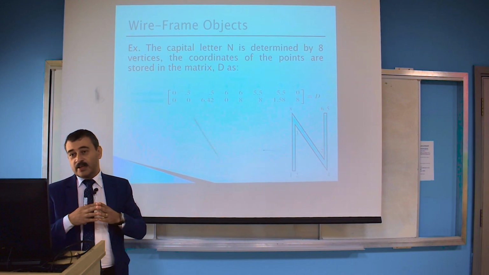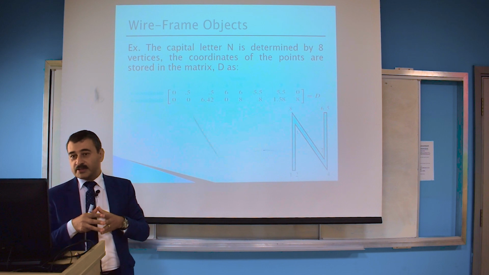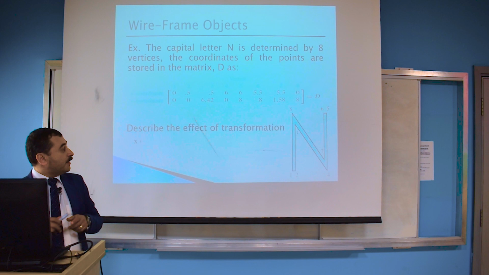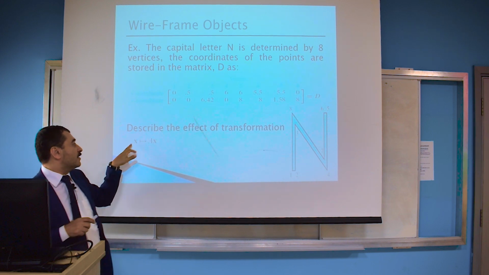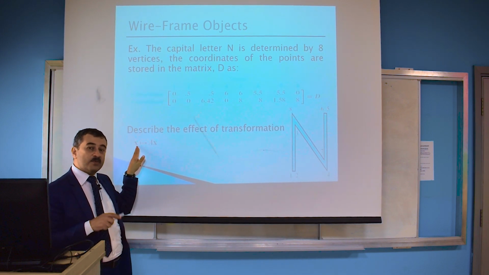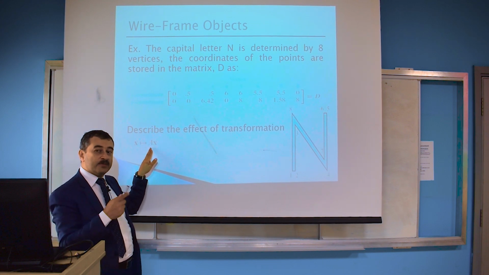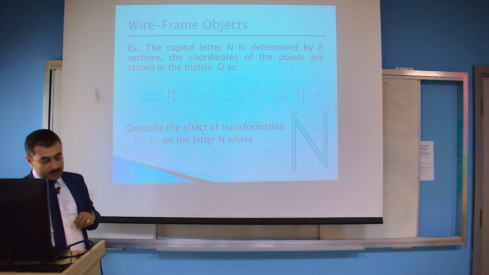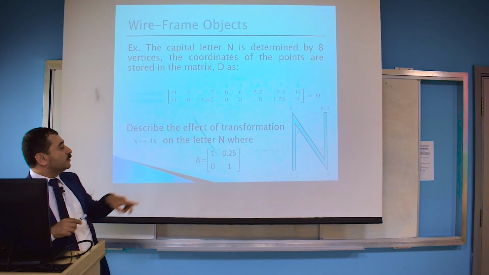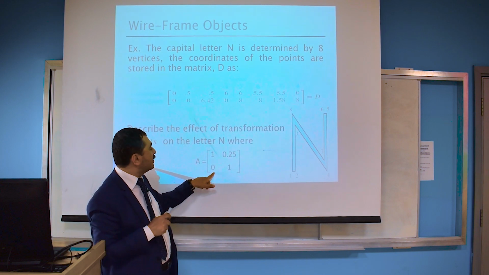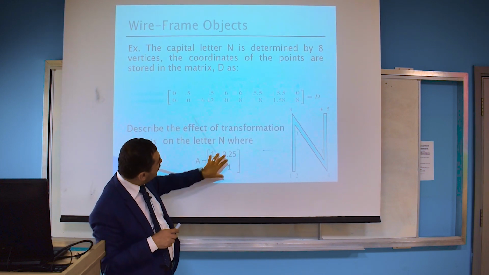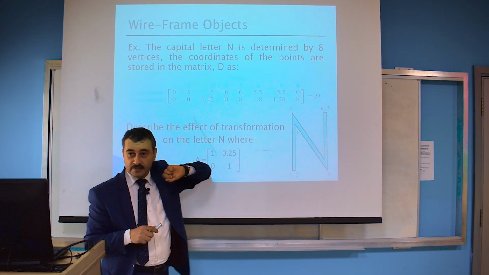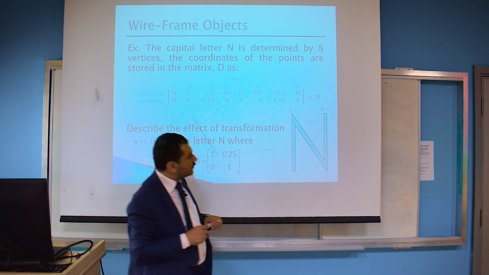We're going to do now some transformation on the object through matrix multiplication. So define this process where you are transforming the vector x to a new vector by multiplying the vector x by a certain matrix. So for example, assume that I am going to multiply each vertex by this matrix. So you are going to multiply this matrix by the first vertex, second vertex, and so on. If you want to see the effect of this matrix,